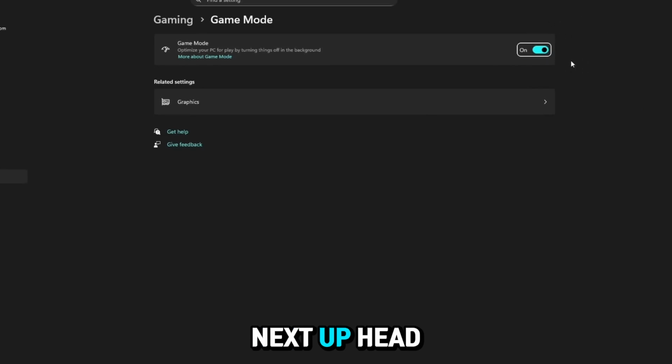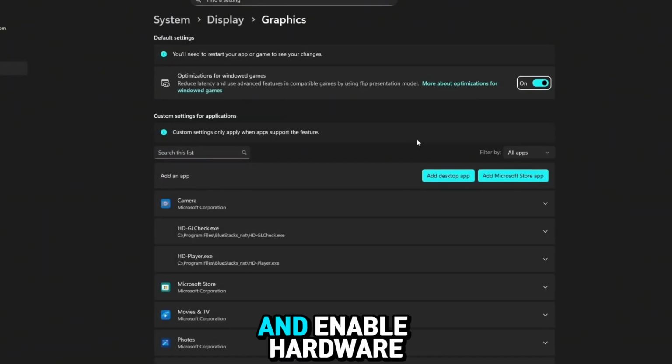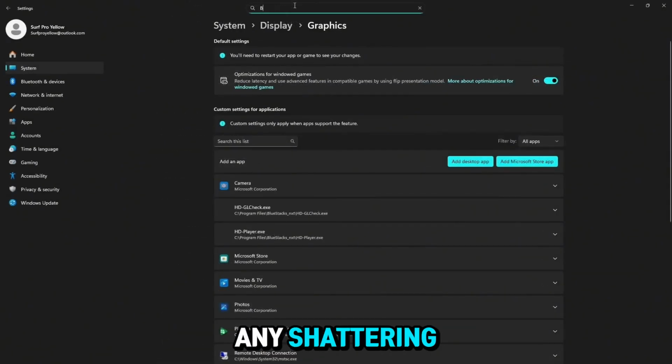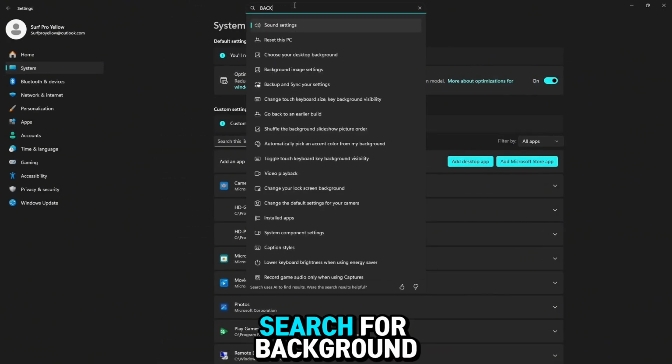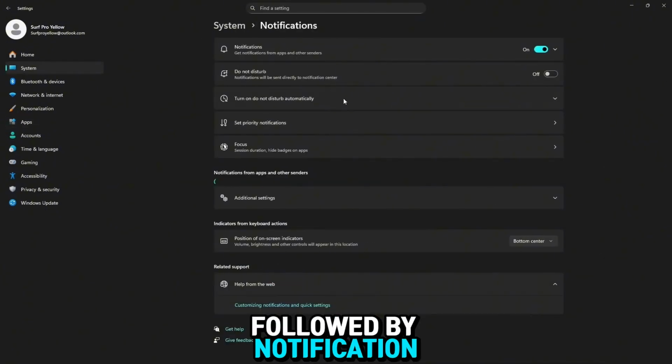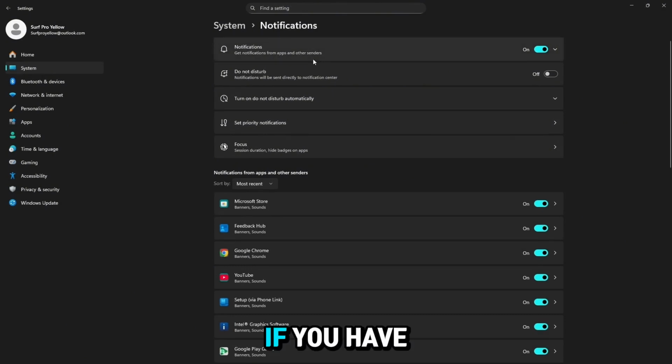Next up, head over to graphics settings and enable hardware accelerated GPU scheduling. If you notice any stuttering, turn this setting off. Next, search for background apps and turn them off, followed by notifications. Turn those off too. If you have an NVIDIA graphics card, right-click on your desktop, open the NVIDIA control panel and